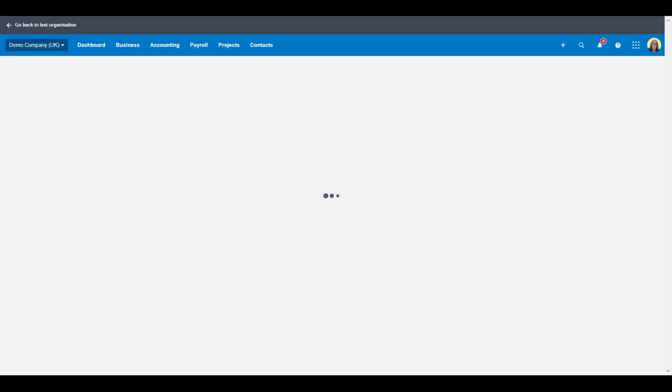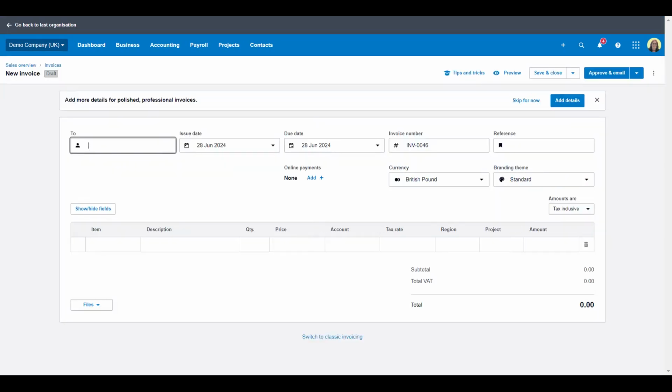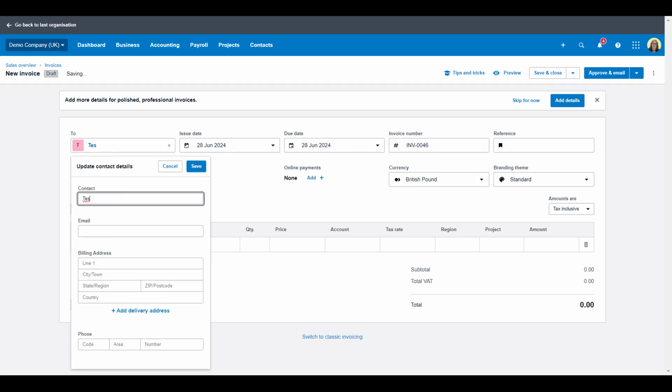Now, obviously, being in the demo company, some of what you see here won't be relevant to your business, but we'll work our way through. And first of all, we enter a contact. If you start typing, it will bring up a suggested contact. If you want to add a new contact, you simply click here and you can enter